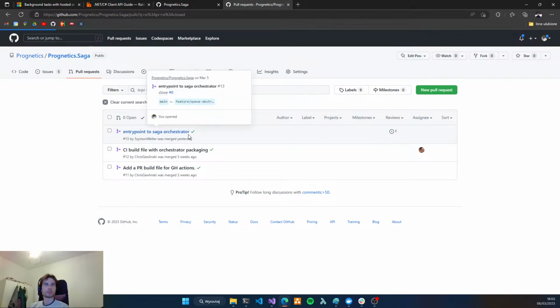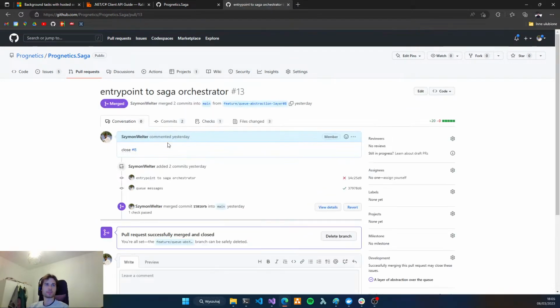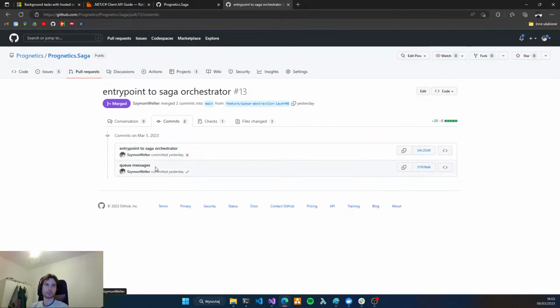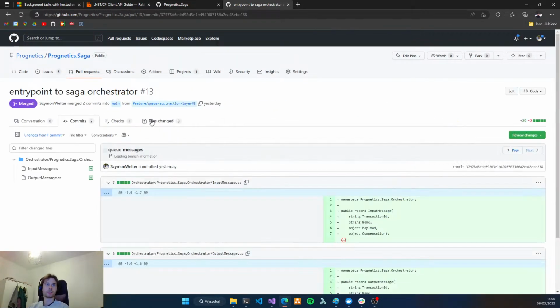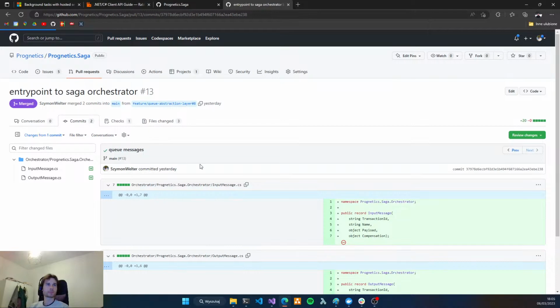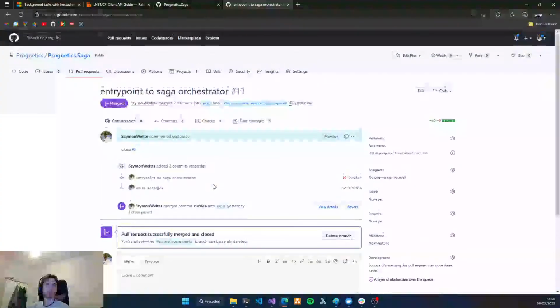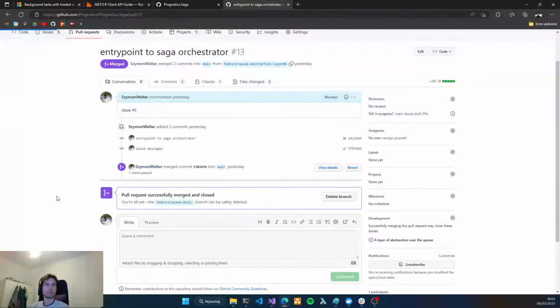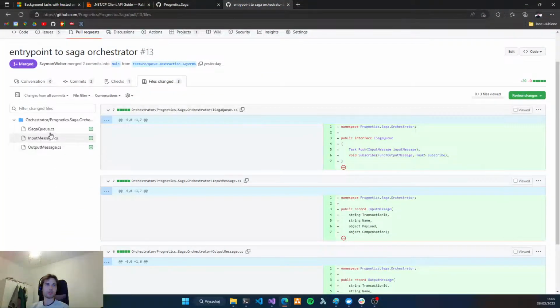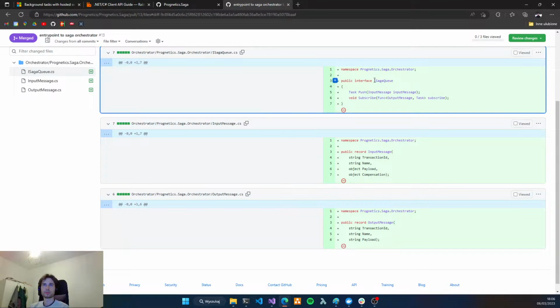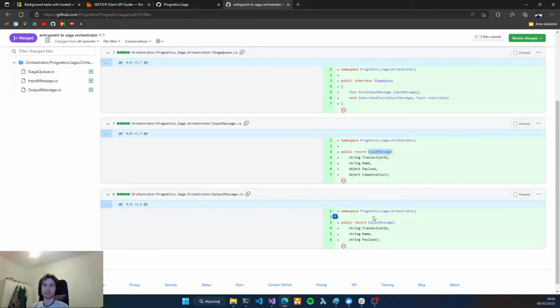It's our entry point, which will be used by our queues, our plugins. Just three files: SAGA queue, our entry point, and input message and output message.